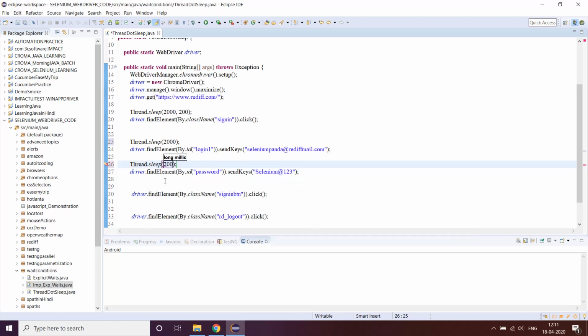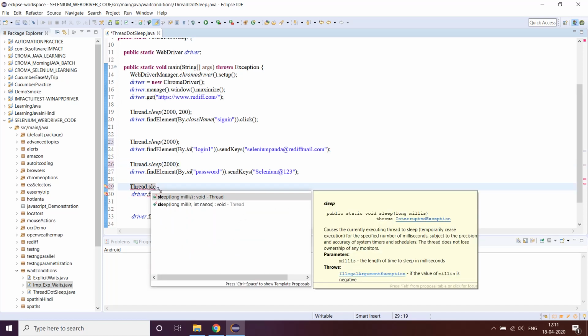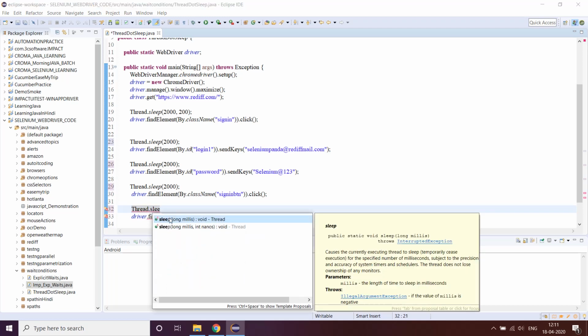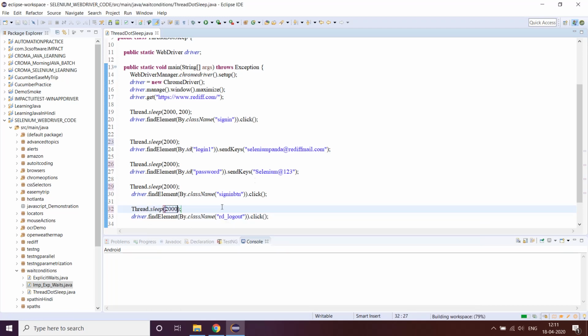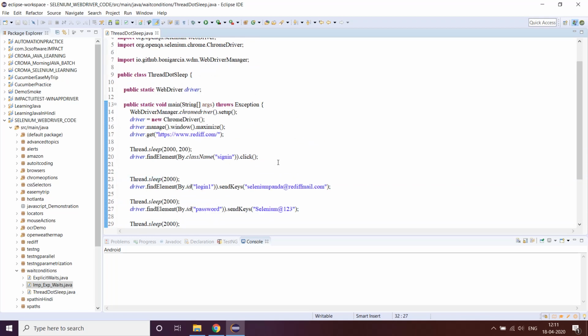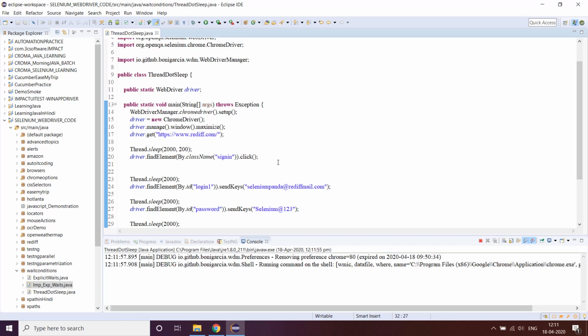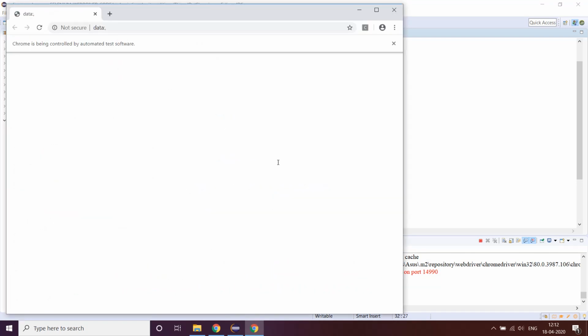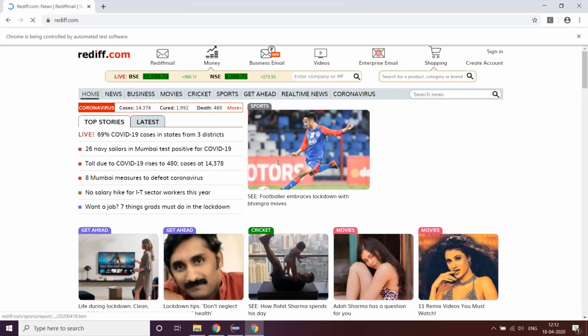So let's say for example, for each and every web element I am applying a wait condition. I did not do this, but just to showcase why thread.sleep, even though industry and pundits say that we should not use it, they do not tell you the exact reality. Today I'll tell you the reality. So I'll run this program, and of course when you run this particular program using thread.sleep at each and every web element which Selenium is trying to identify, we have given 2000 milliseconds, which is 2 seconds. So at each and every stage of identification of that web element by Selenium, it will wait for that much amount of time.